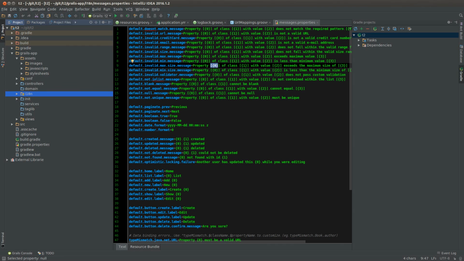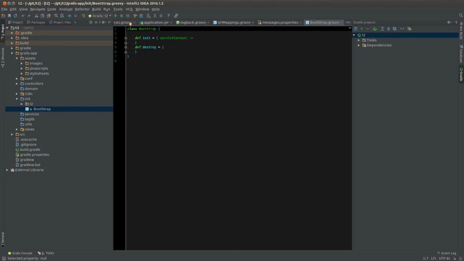And let's see, moving on, we have init, and in here we have bootstrap, which also used to be in the config folder, but got moved to init because it's something that initializes. So you have an init closure where you can do any type of startup, and we'll use this in future videos just to set up some basic stuff in the in-memory database. It also has a destroy, so if you want to do anything when the application is being taken offline,